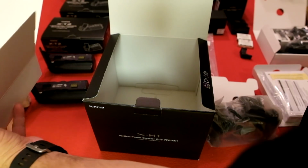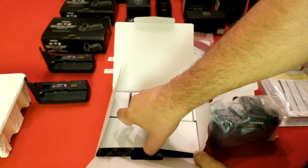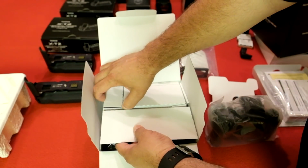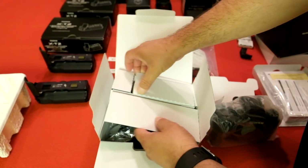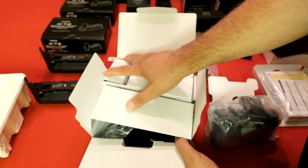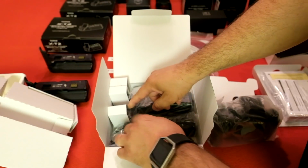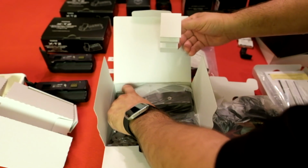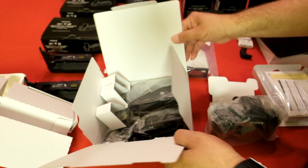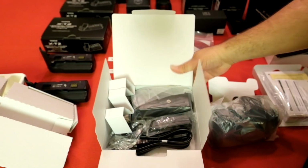Yeah, so I think I read somewhere that, and I didn't even know this, I just bought it, but with the grip you get an extra couple batteries or something, so that's kind of cool. Well, I guess I did it upside down, so whatever. Grip, power cord for charging the batteries, and 2 more batteries. I have no idea how this thing is supposed to come apart. This is a crazy box. I don't know. It looks like I did it right, but oh well, I guess I did it upside down, so